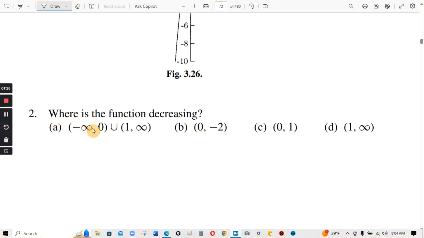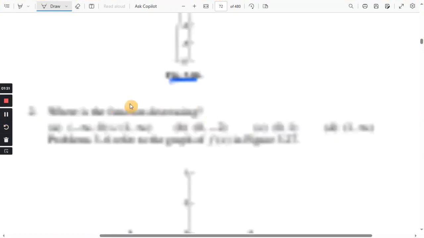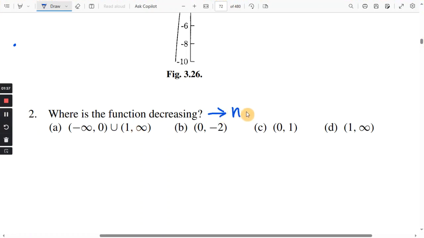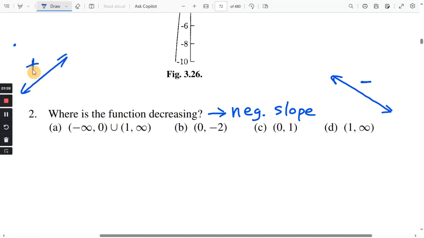All right, number 2, they want to know where is the function decreasing. Decreasing, what does that mean? Well, decreasing just means that it has a negative slope. So what does a negative slope look like? Well, that basically just goes down and to the right. We know a positive slope, or increasing, would go up and to the right. So this is what increasing looks like, but this right here is what we're looking for, the decreasing